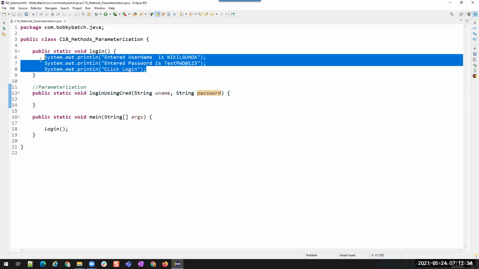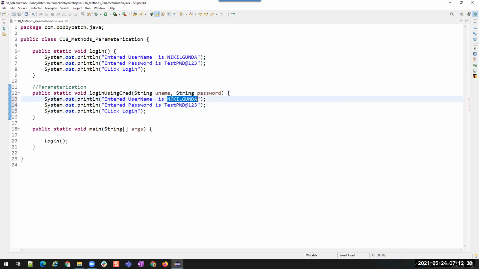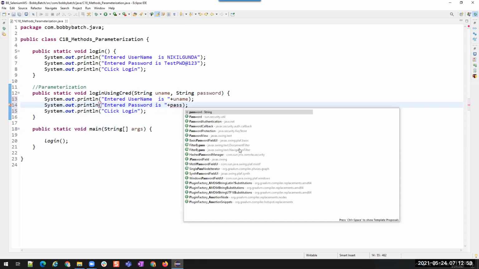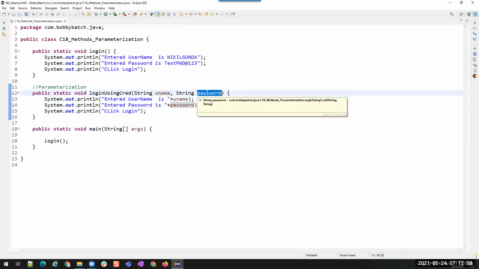And inside it, the same statement. Instead of this, say plus uname, because this is the parameter that is going to come from outside. Then again plus pwd. That's all. Now we will be able to pass these values from the outside.